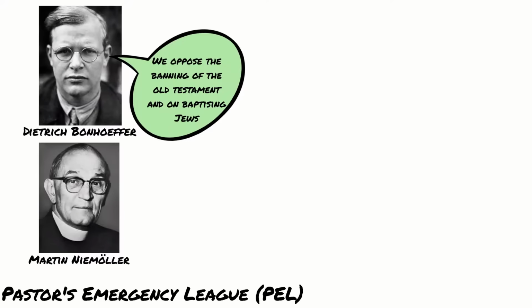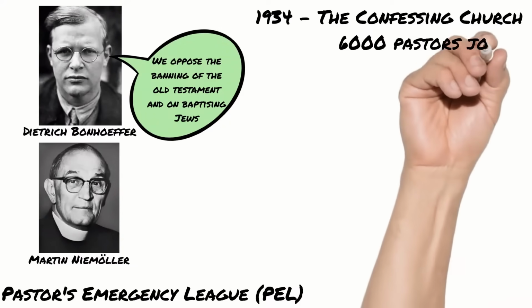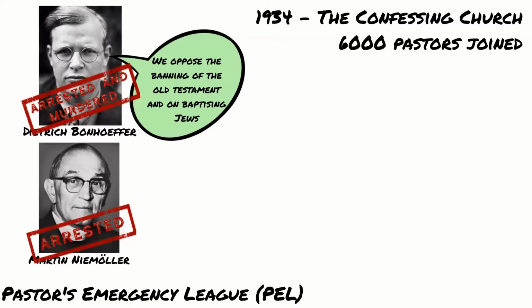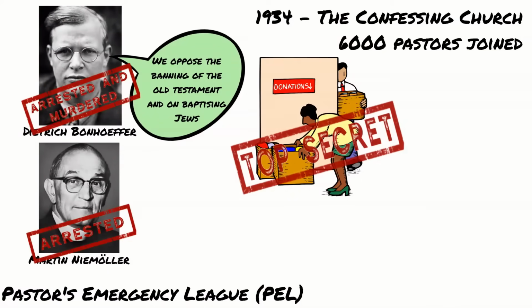The group then set up a separate Confessing Church in 1934. Around 6,000 Protestant pastors joined the new church, and some spoke out against the Nazis. In 1936, the Nazis arrested 800 pastors, including the leaders of the church, and sent them to concentration camps. The Confessing Church continued throughout the Nazi regime, but without their leaders, they moved their charitable acts underground and helped